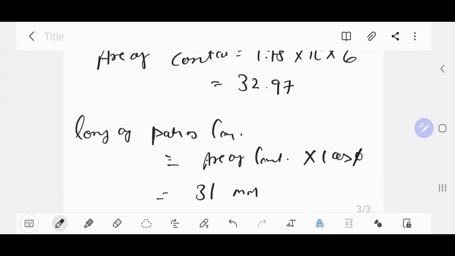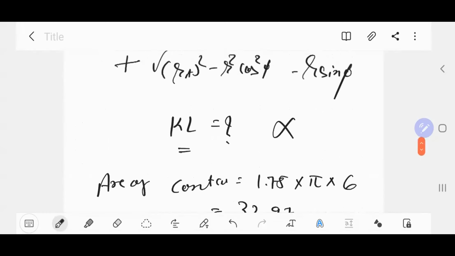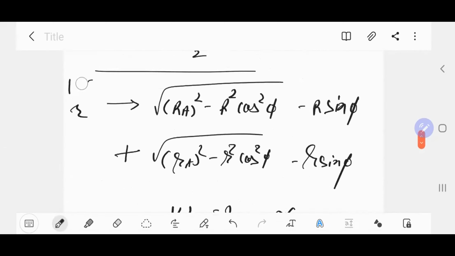What we need? We need the addendum. See, the example is not over yet. Now the main task, and that task is very difficult due to the lack of use of calculator from your side. Path of contact we have, that is 31. So what is the path of contact? Path of contact is KL over here. KL is equal to... so we have this one, 31.